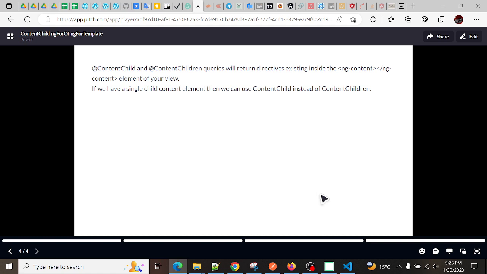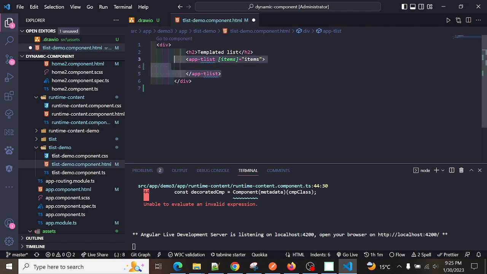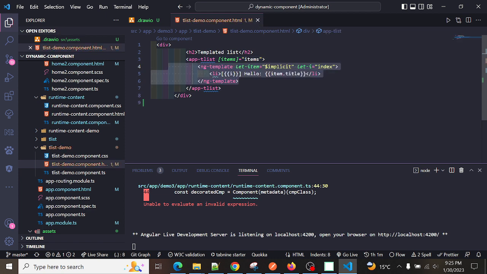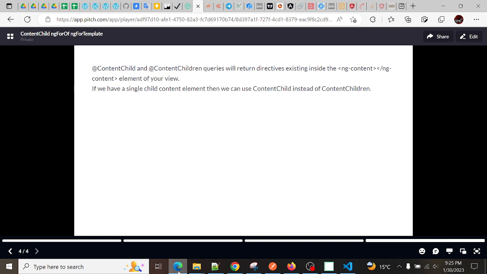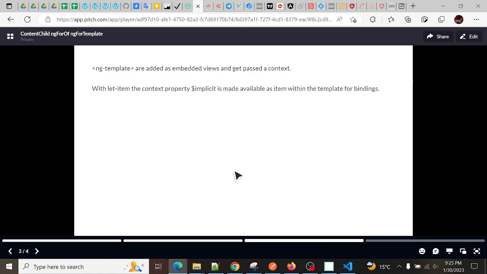So as you've seen at some places, this ng-content is dynamic content that we add in the component like this. Generally, we import the component like this and pass these properties. But if you want to add content inside this component, then this is some kind of ng-content that we have added dynamically. Here I'm going to show you how you can bind the data like that. In this we also need to cover ng-template: ng-templates are embedded views